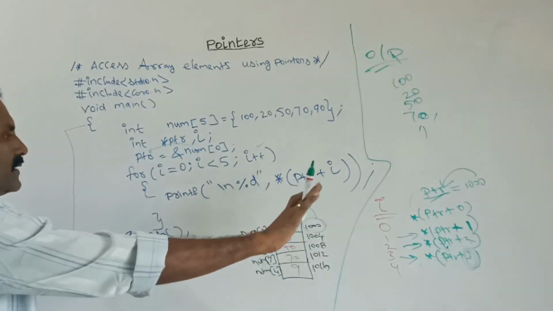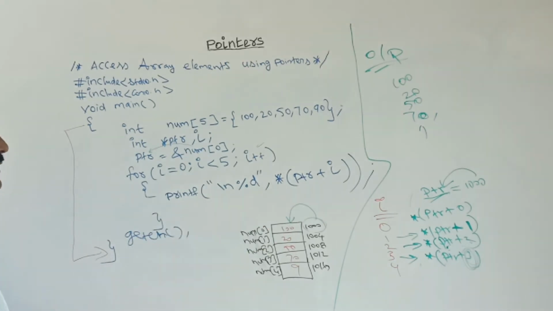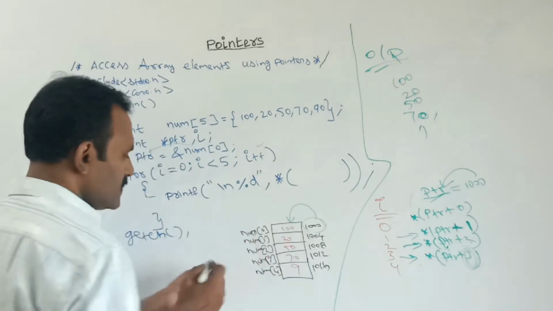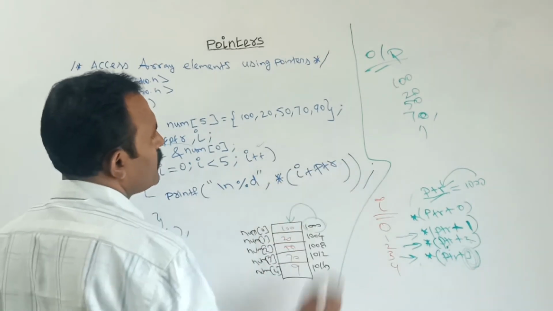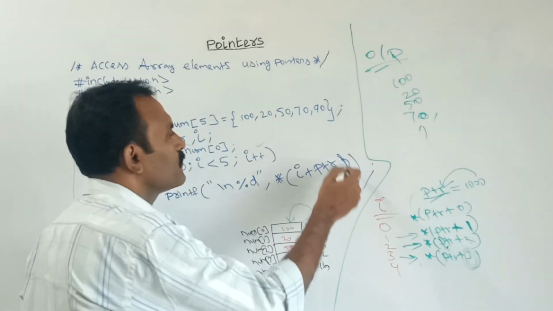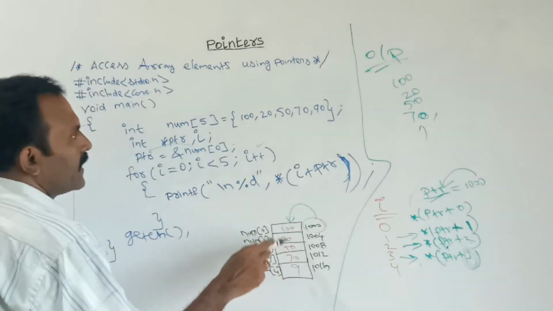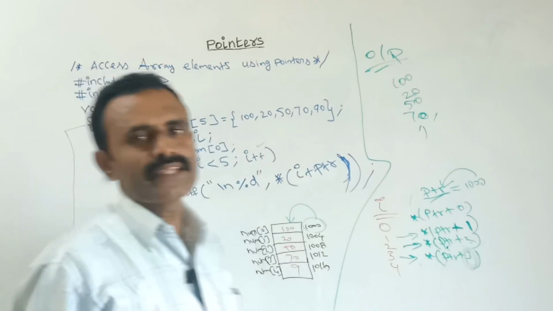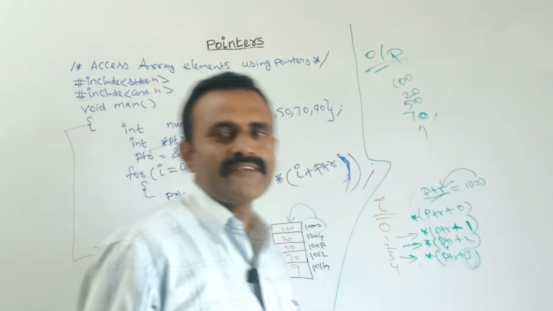This is one method. We can use any one of the methods. Next, we can give it in other ways like this also, here I plus PTR. For this also, it prints the element inside that array. So among these 5, we can use any one of the methods and access the array element and print it.